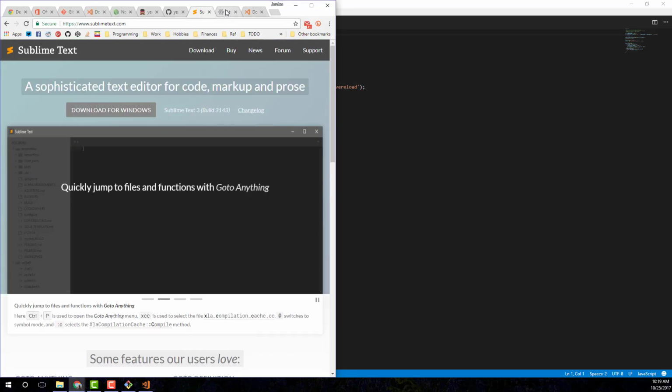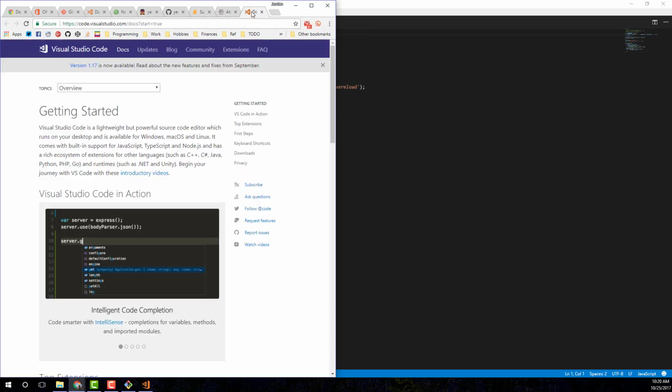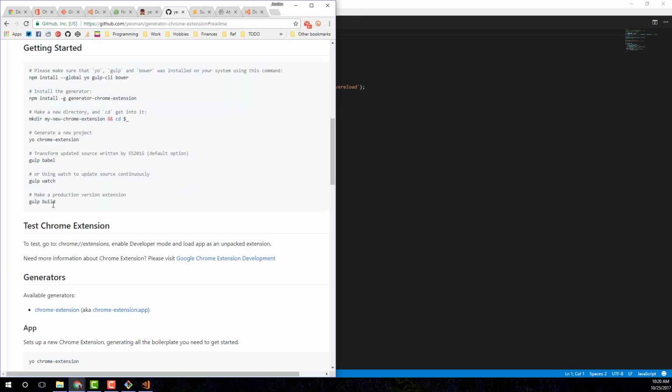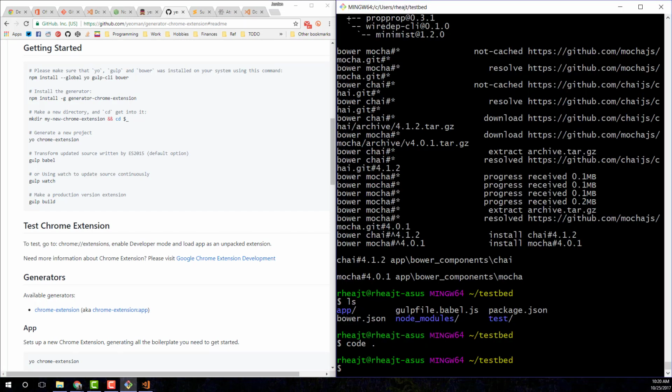and gulp build will actually build it into a project. Where was I here? Yeah, gulp babel transforms your code from ES6 code, so it's like browserify. Gulp watch gives you live reloading, and gulp build will build it into a little package that you can upload to the web store and share your extension. So that is pretty simple, and I'll show the process for